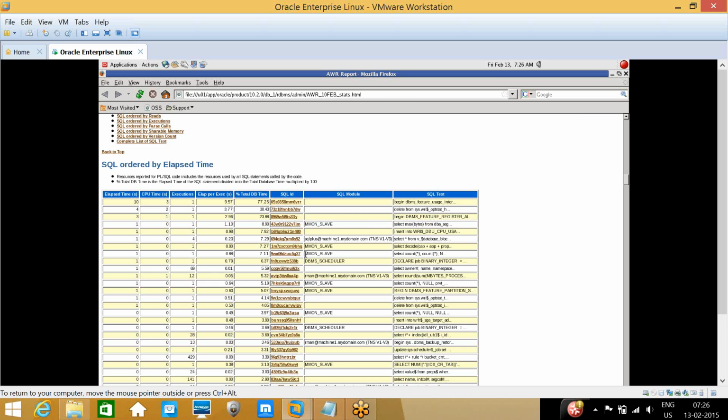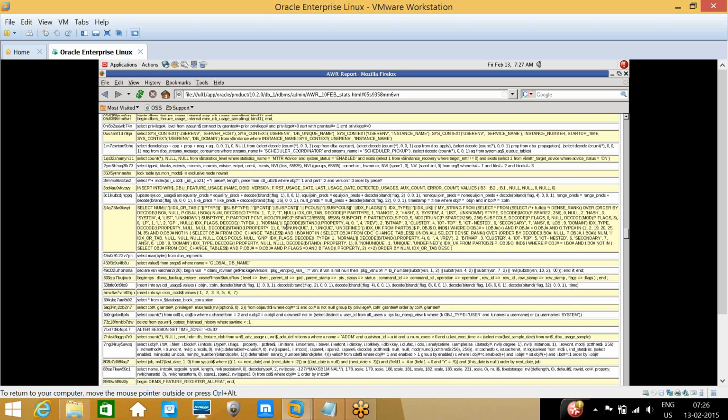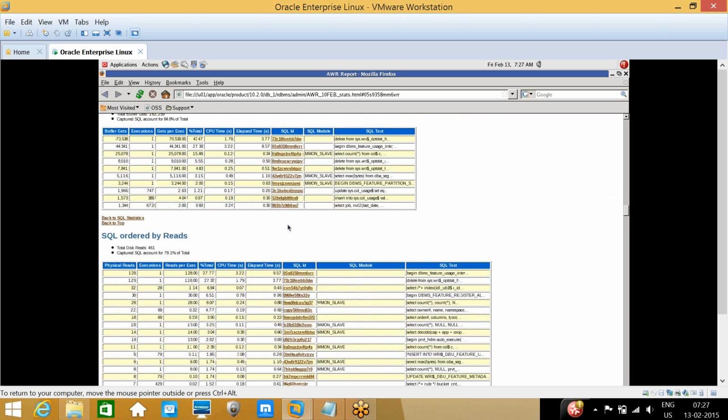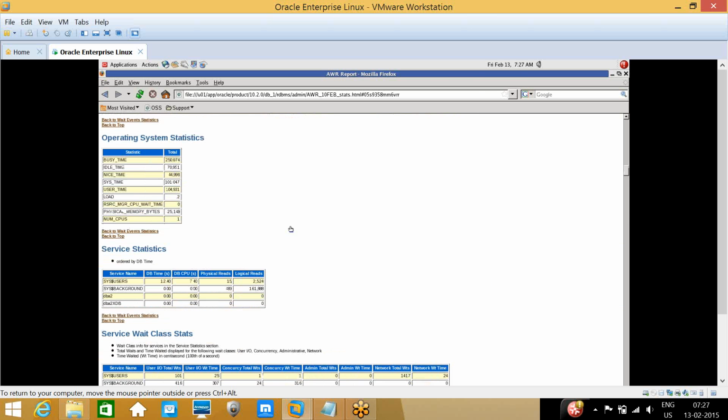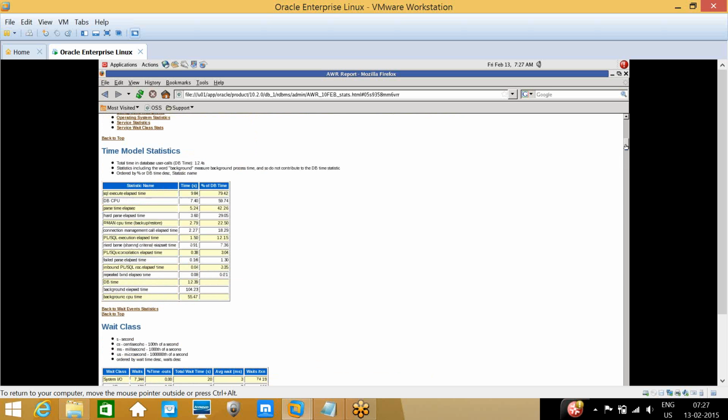But it shows only the first 2 or 3 words of the SQL text, right? When you click on it, the hand symbol appears, and it shows the full text. So if a query is taking more time, you can click on the right side and check it out. This is our test environment, that's why we are not seeing that much in the report.